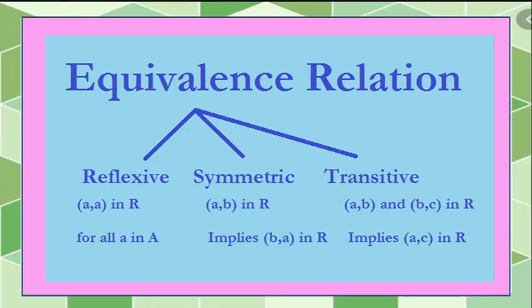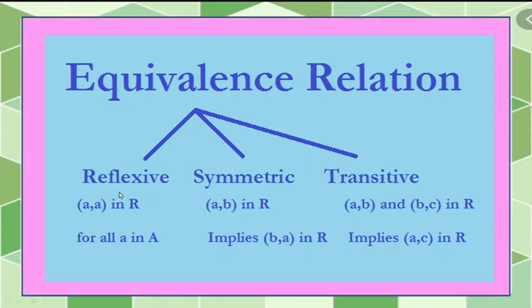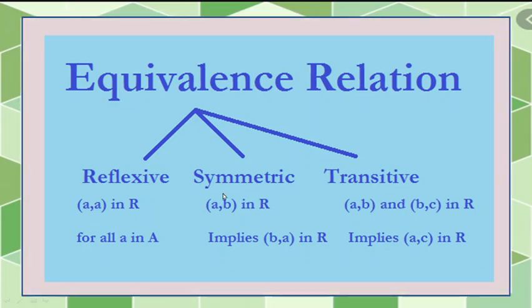Before we start discussing the questions, let's do a quick recap of equivalence relation. A relation is equivalence if it is reflexive, symmetric and transitive as well. What is reflexive relation? When (a, a) is in R for all a in set A. (a, a) in R means all the doublets are there in the relation, like (1,1), (2,2), (3,3).